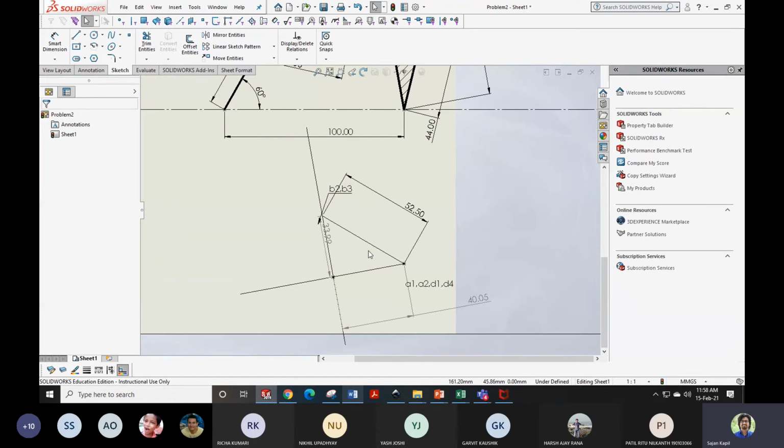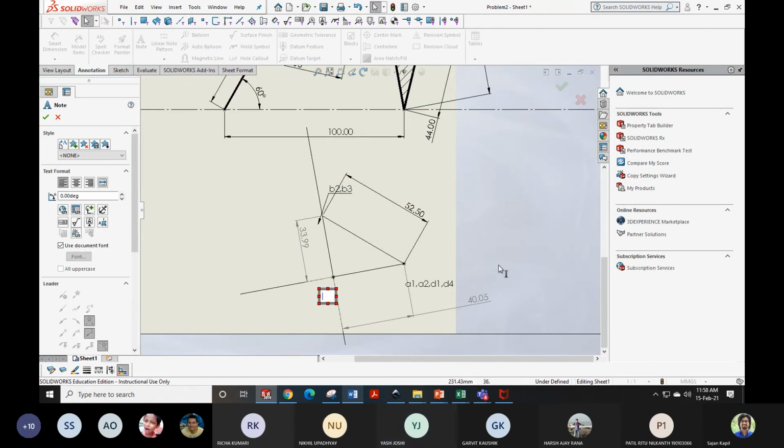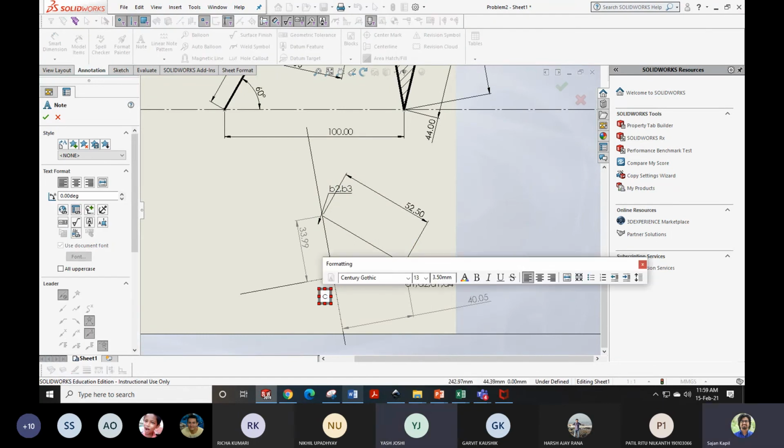Then done, 33.99. How much are you getting, Yash? Yes, sir. How much are you getting? Sorry, sir, I didn't draw this. I lost it. Lost means? Sir, I got confused about this perpendicular type of thing after B2, B3. So you should ask, right? You are supposed to ask. So I was figuring it out.